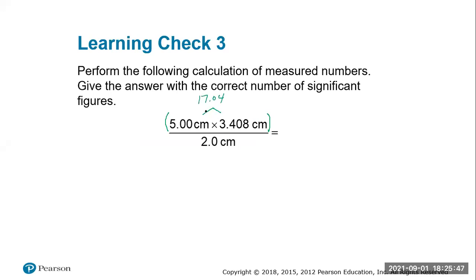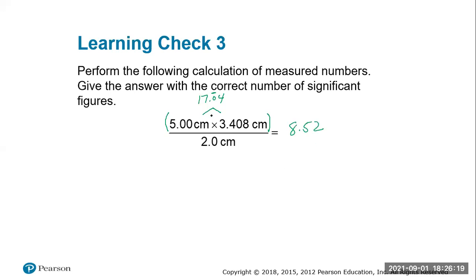Now, personally, if I got that number in my calculator, I would keep the whole number. But what I would want to do is look at what I just did and go, okay, I'm multiplying. So the 5 has 3 significant figures. The 3.408 has 4 significant figures. So technically speaking, the top number really should end up at 0. And that's important because then I'm going to take the top number and divide it by the bottom number, which is going to give me an answer of